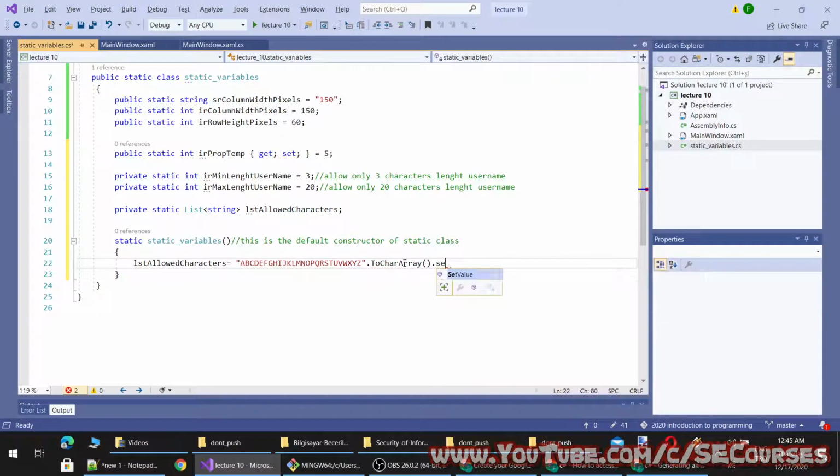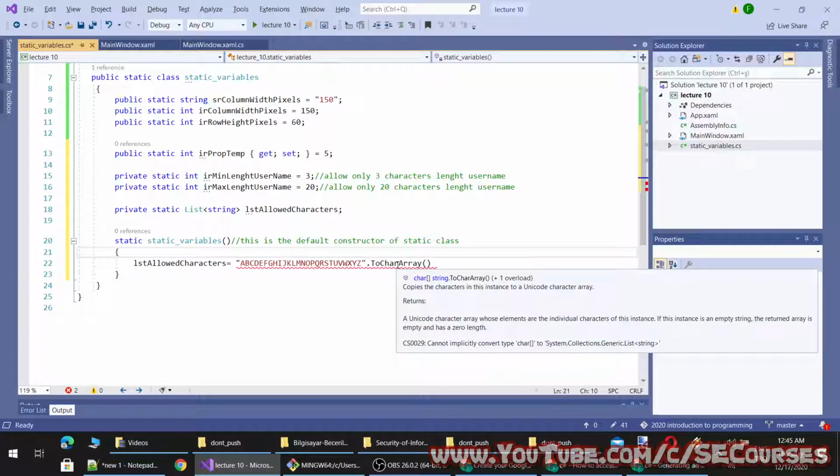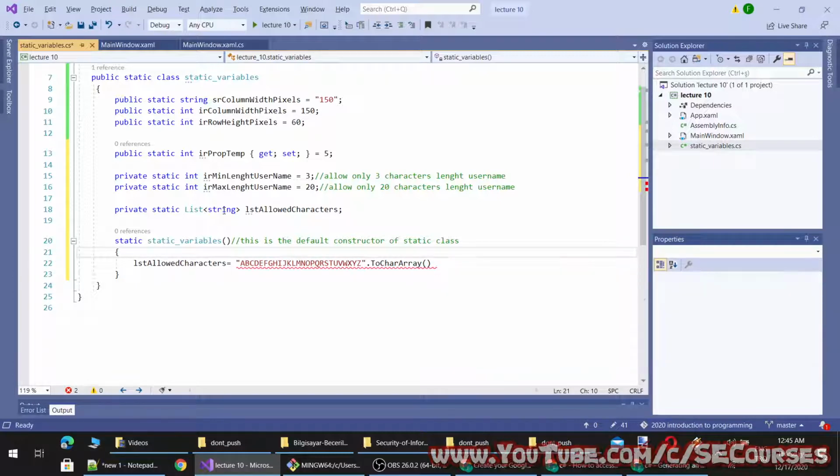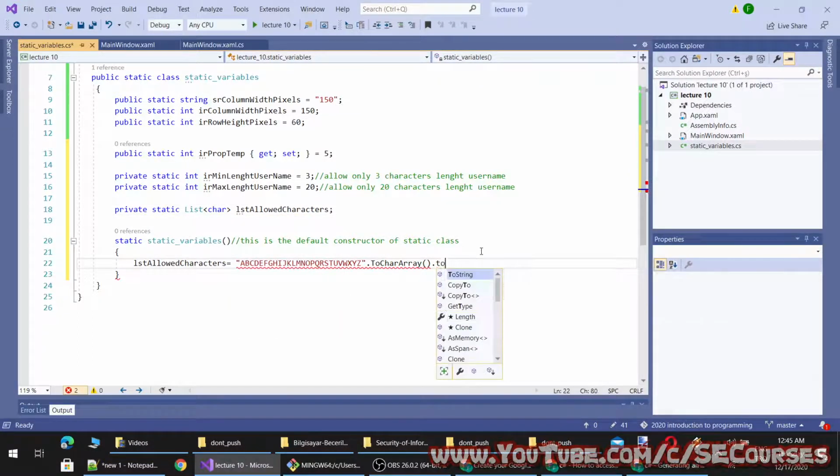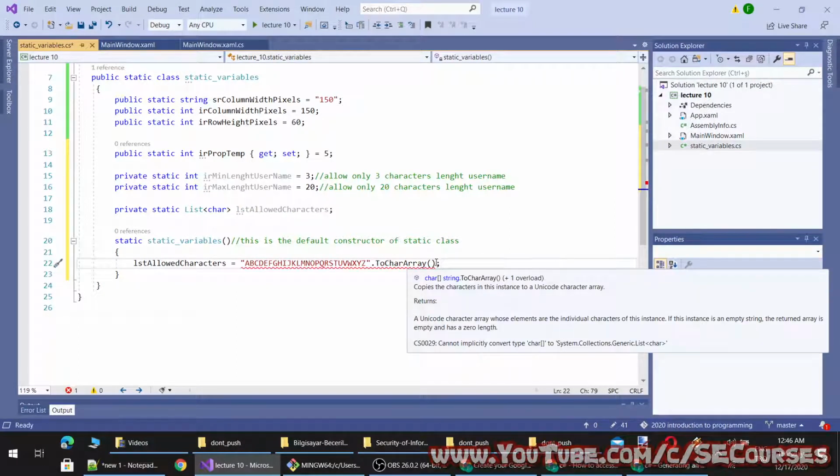Oh, I see. I have to use. Oh, there is no list. This returns a character array. Therefore, this has to be a character, of course. And then I have to convert this.